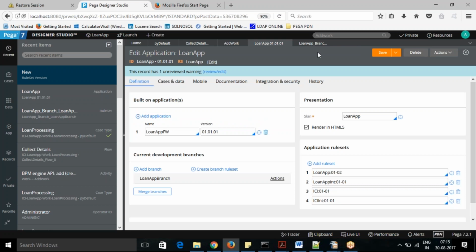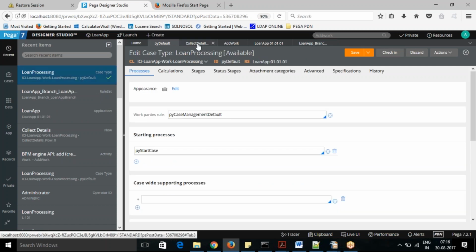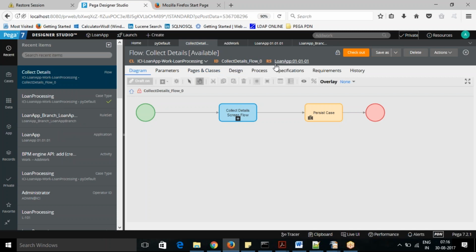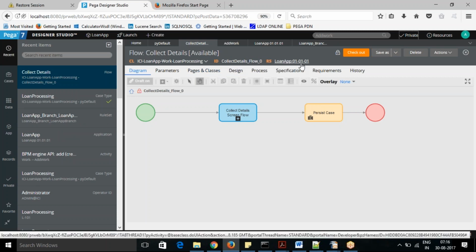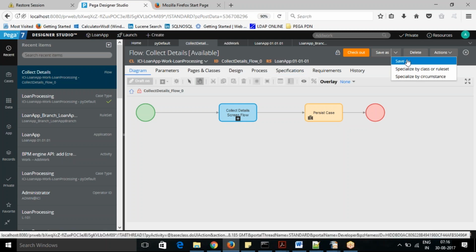Once you have created that, there are two ways you can create it. You can create it manually, like we have done for the rule set, or otherwise you say I have a rule now. Currently you can see this rule is part of loan app 01-01. I want to make some changes in the branch. So if I go for save as now,